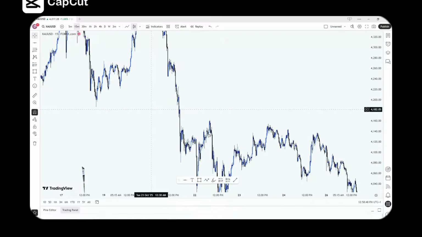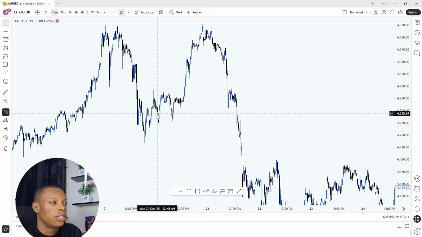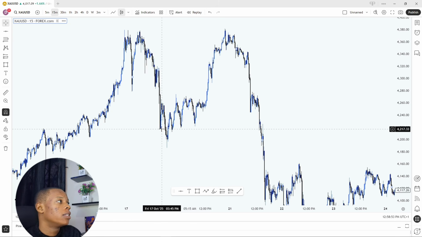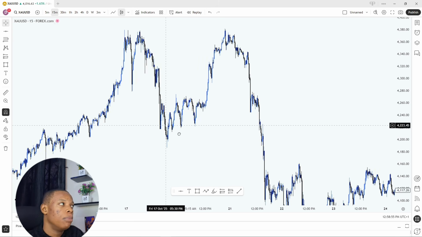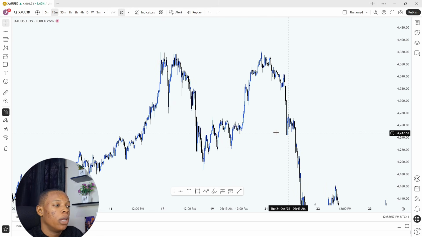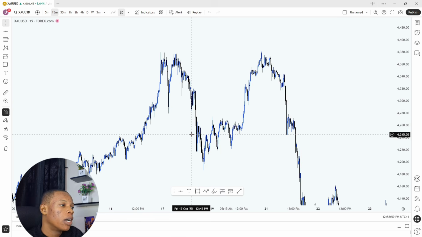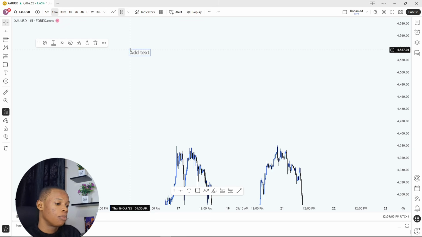Let's begin. So this right here is a gold chart. You can do this on any market, any currency pair, any crypto pair, literally any market you trade. What are these key levels? Key levels